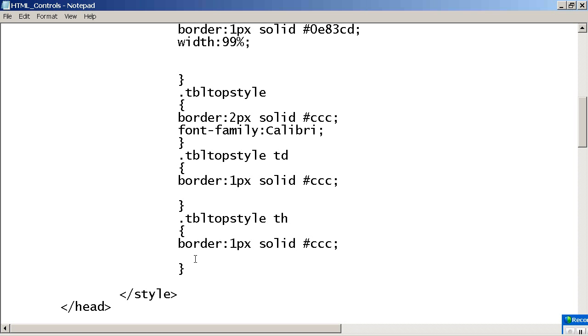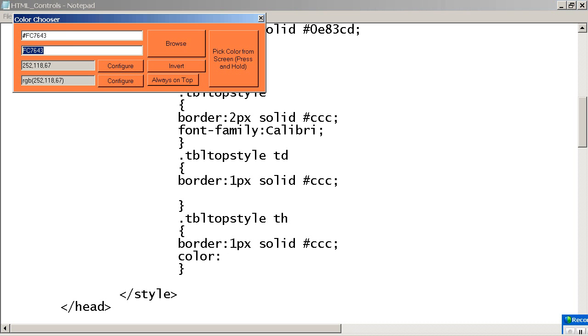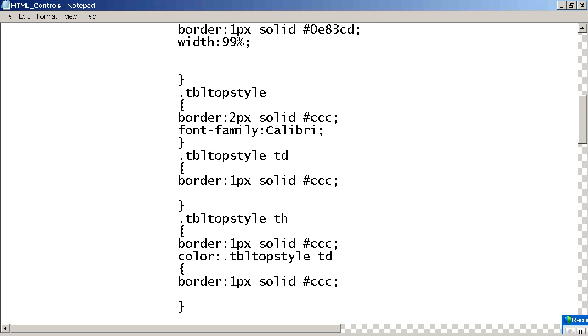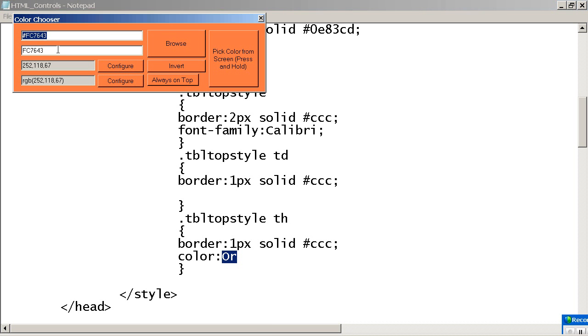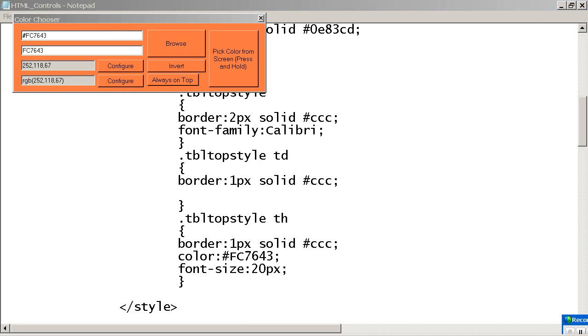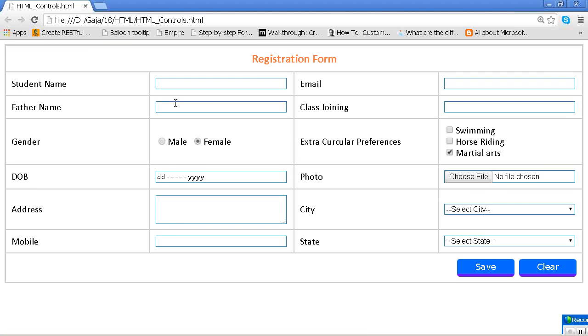I will write style here, bottom and reference color. And I want to add font. Now see, automatically is it changed or not?